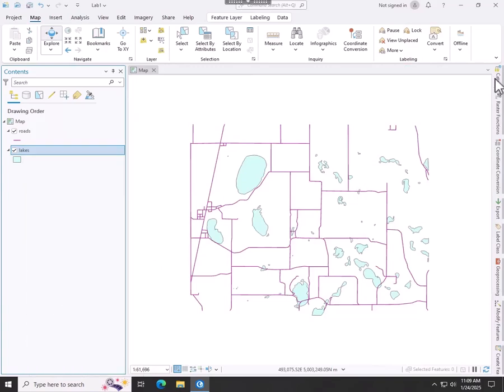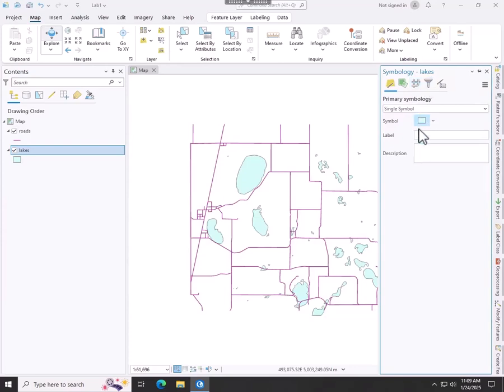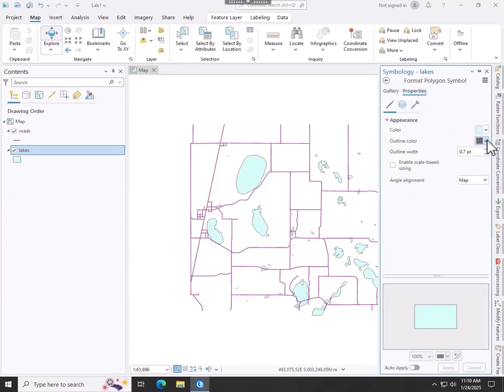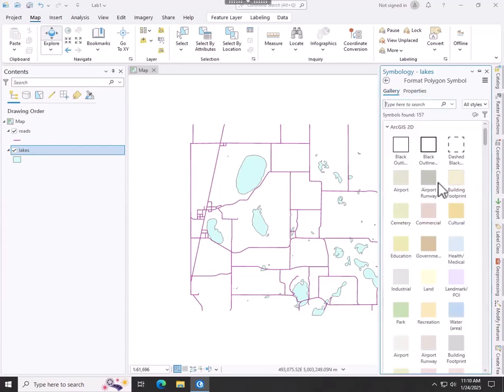Now that brings up over on the side the little symbology instructions, and you can select the various different shapes. You can click on it to select the different colors, and you can go into properties and actually select colors individually, or you can select the gallery.